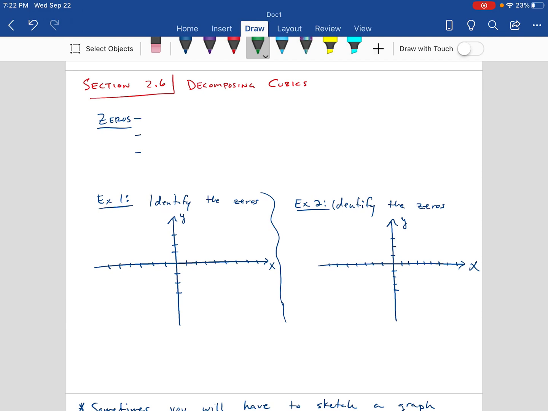Zeros are just another word for x-intercepts. Now, you will hear me and see it going back and forth between zeros and x-intercepts or roots. Okay, so that's another name for zeros. So we can go back and forth between any three of these. Now, zeros can be identified